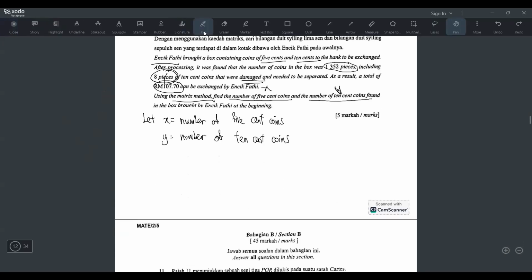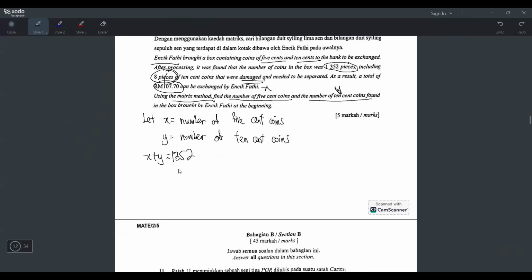So the first equation is obvious already, because they said the total number of coins in the box is 1352. So x plus y equals 1352. And there you have it, your first equation. But you need another one, a second one. So they say including 8 pieces of 10 cent coins that were damaged and need to be separated. It means these 8 pieces of 10 cent coins will not be